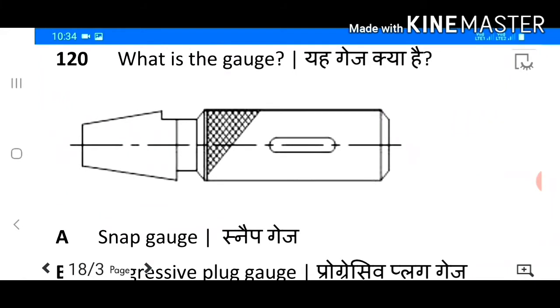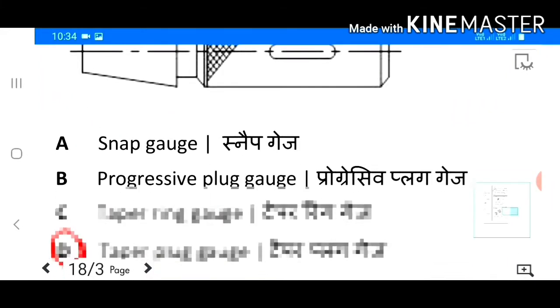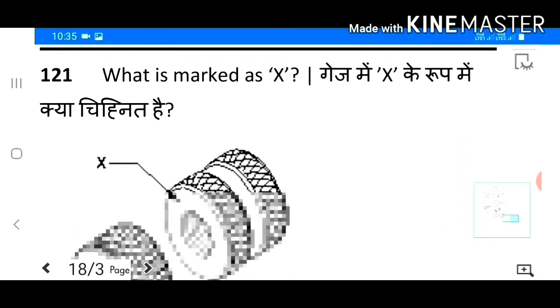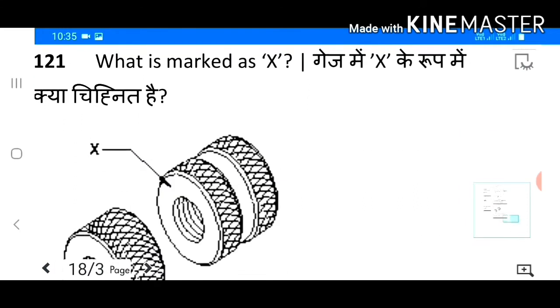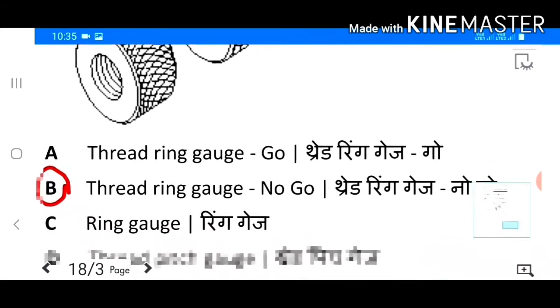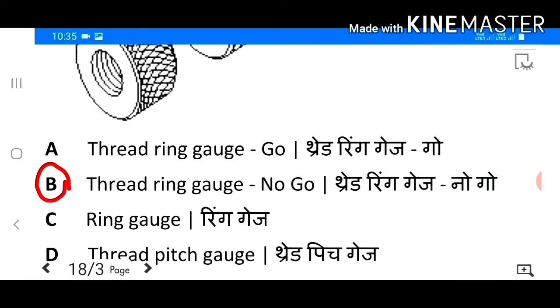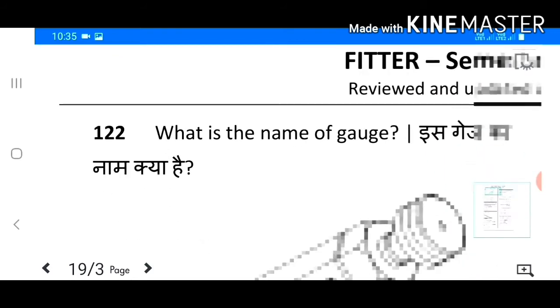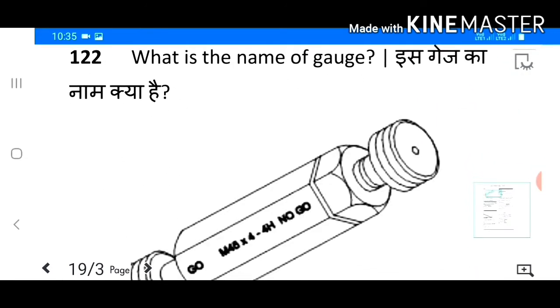120. What is the gauge? Answer D. Taper plug gauge. 121. What is marked as X? Answer B. Thread ring gauge. 122.